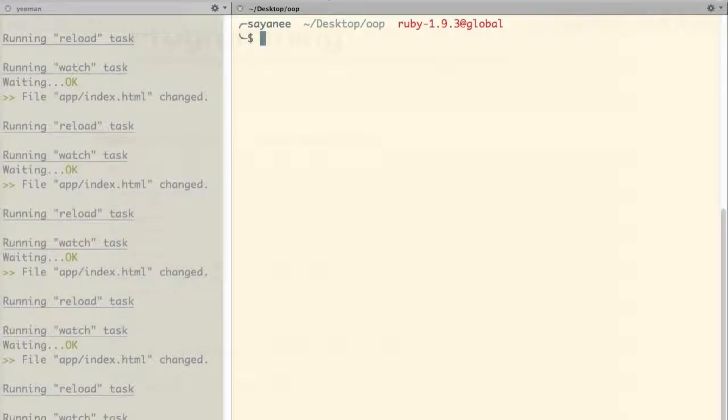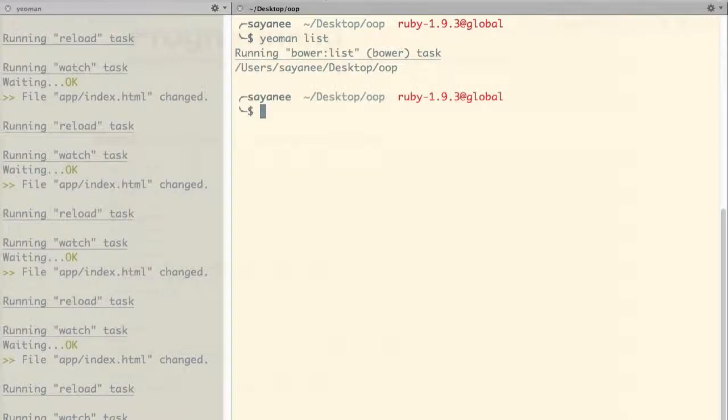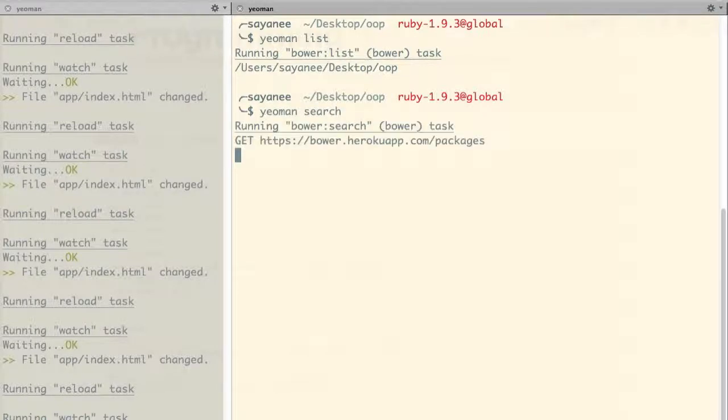Now, Yeoman makes it really easy to install external plugins or packages such as Prism for syntax highlighting. So firstly, what we can do is Yeoman list to kind of list the packages that are already installed in our project. Obviously, we did not install anything, so this will give us a blank. Next, what we can do is actually search for packages. So to do that, we can just press Yeoman search, and notice there are so many packages that will come